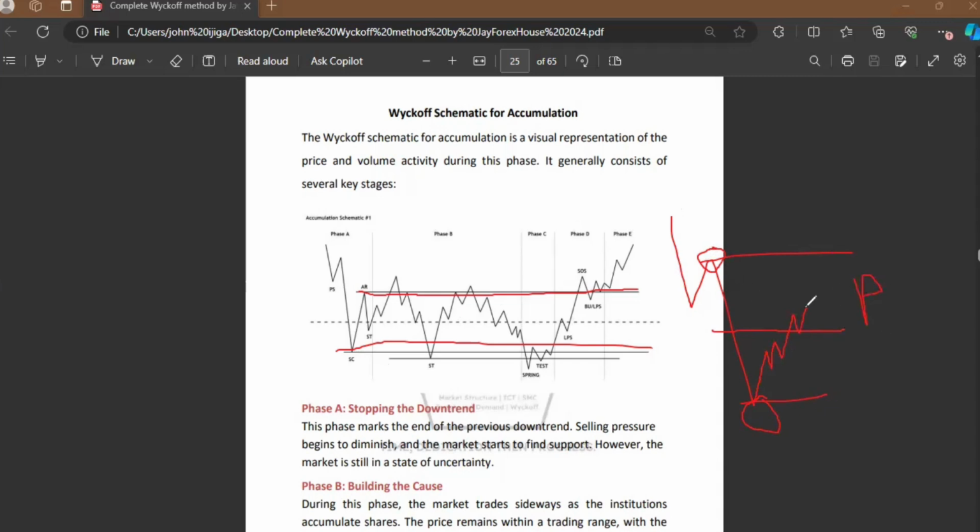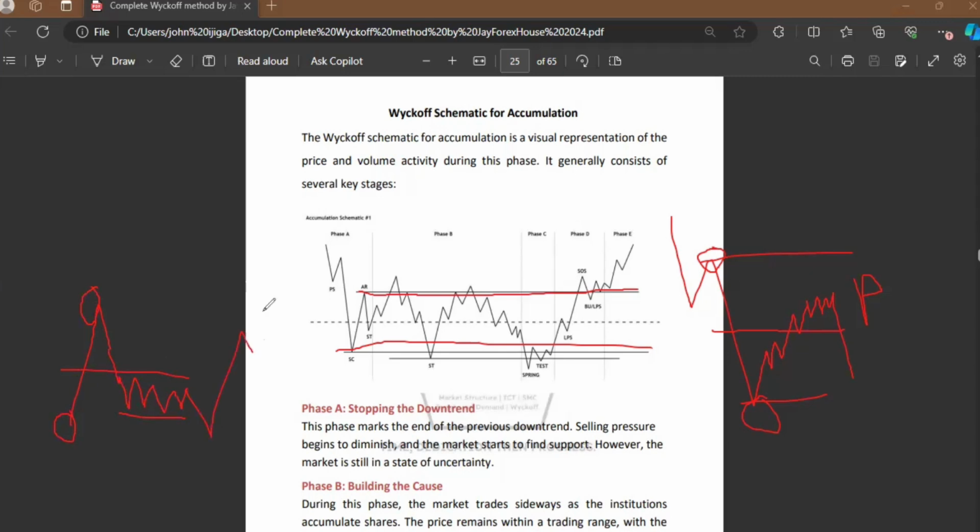So when we're looking for a distribution, we look around this area because we're expecting price to go down. When we're looking for an accumulation, we look from the discount level of the range, from the high to the low, past equilibrium,